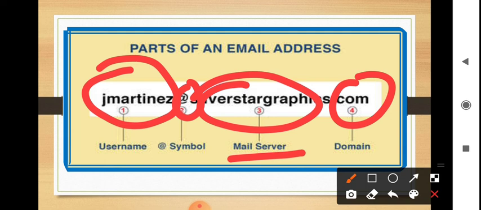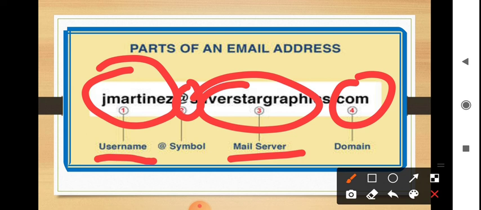Here, in detail, one thing again I will tell you: the user ID, that means the username, is used to sign into the email service. Suppose in some cases you can see that an underscore sign is given. That sign is given to separate words in the name. It's used to connect many words and make sure that your email address has a unique name.